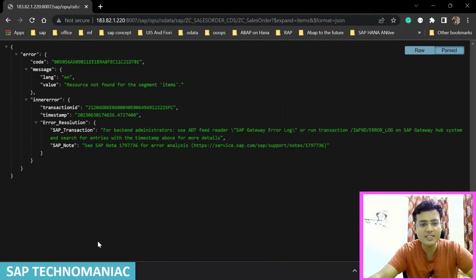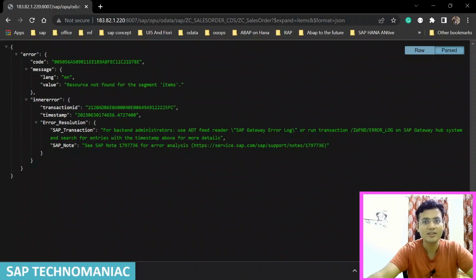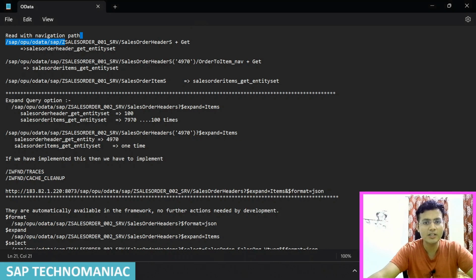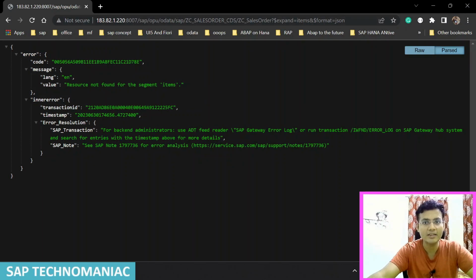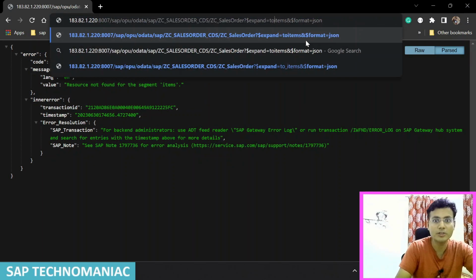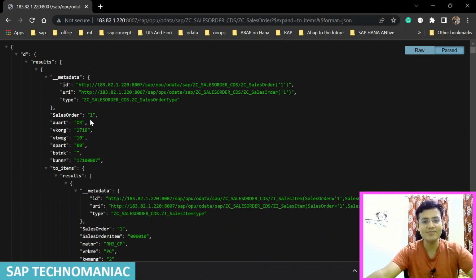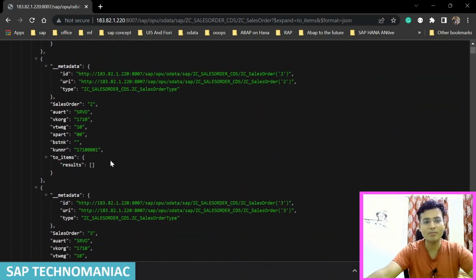I think I made a mistake there. Let me see. Dollar expand option, question mark, dollar expand equal to the items, two items, not items. My association name is two underscore items, not items. I think now it should work. So you can see I got not only the header data, along with the header data I got my line